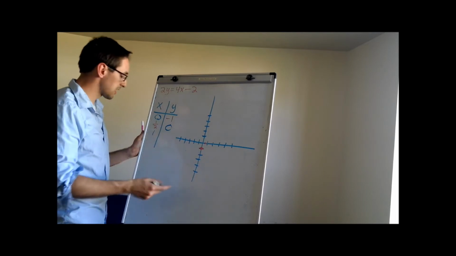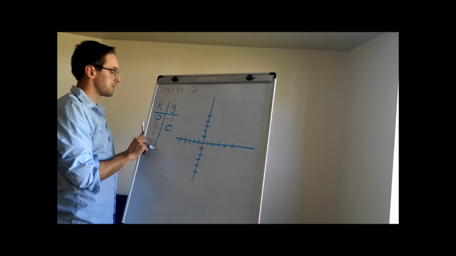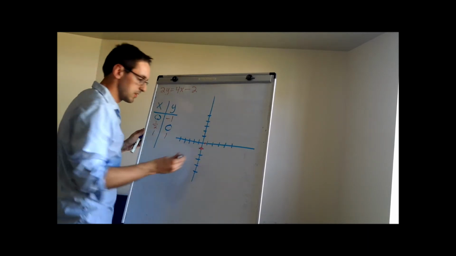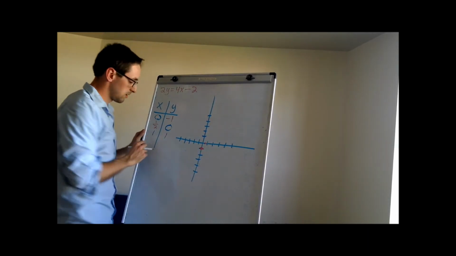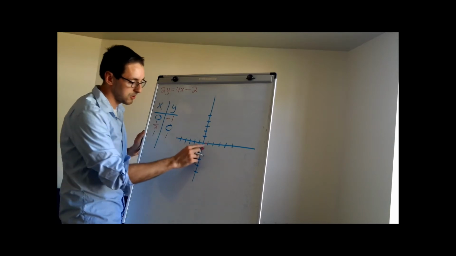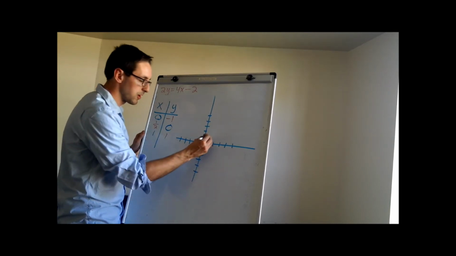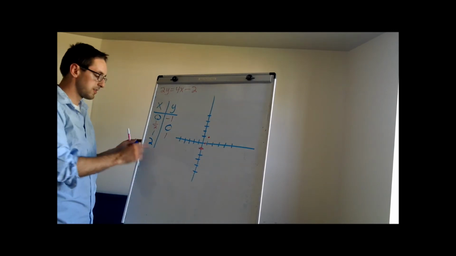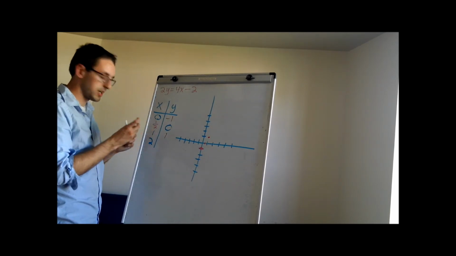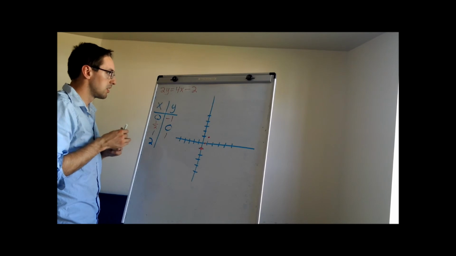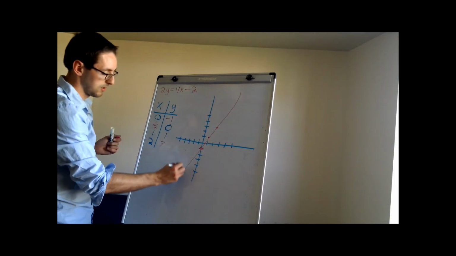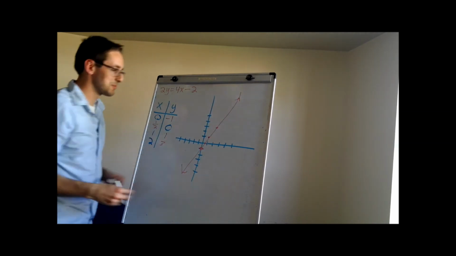Keep using this machine technique. Plug in 1 for x. You get out 1 for y. So the point 1, 1 on our graph, we go over 1 on the x-axis, up 1 on the y-axis. Boom. Plug in a 2 for your machine, and then solve for y, just like we did before. And so now you can see a line forming. That's how we graphed. I know, my penmanship is awesome, but